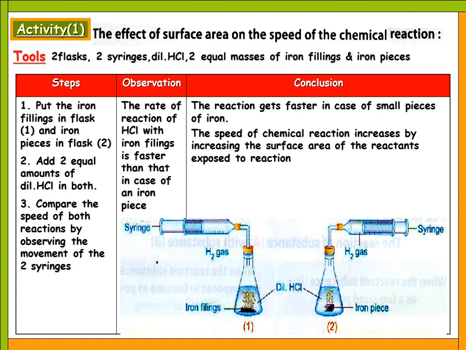So the speed of reaction increases by increasing the surface area of reactant exposed to the reaction. It is a direct relation, and this is a factor affecting the speed of chemical reaction. So we have the reaction here: Fe plus 2HCl, diluted, will produce FeCl2 plus H2